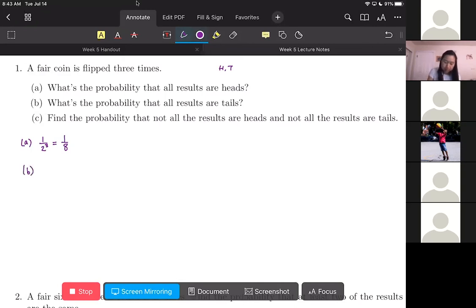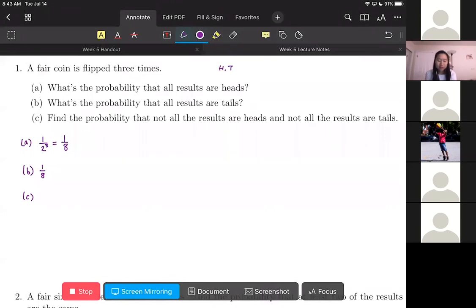What about part B? What's the probability that all are tails? It's going to be the same as A, since they're just 2. So yeah, it's the same as A. So now we can solve C a little bit more easily, I think,